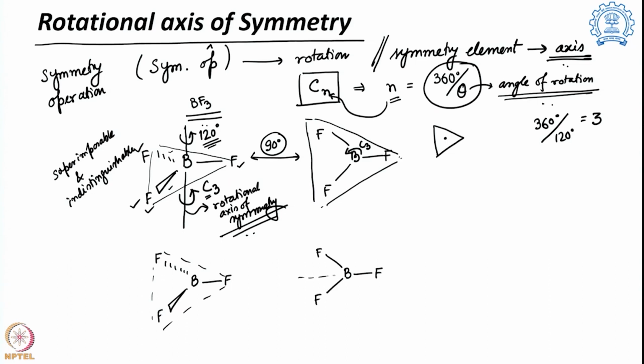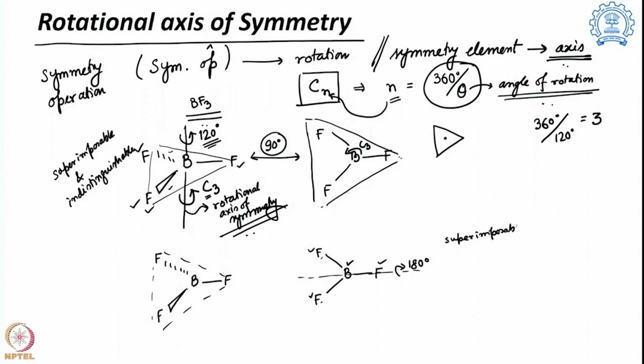Over here you can see, along this BF bond, if I rotate 180 degrees, this boron and fluorine remain in their own position because they fall on this particular axis of rotation, whereas these two fluorines exchange places. This fluorine will go to this position and vice versa, and I am going to get again